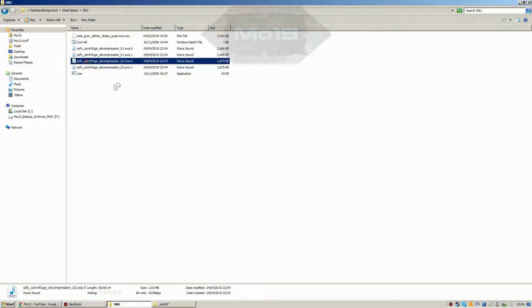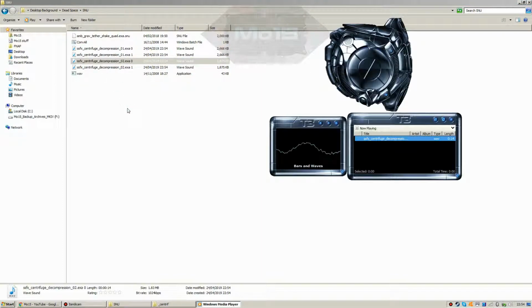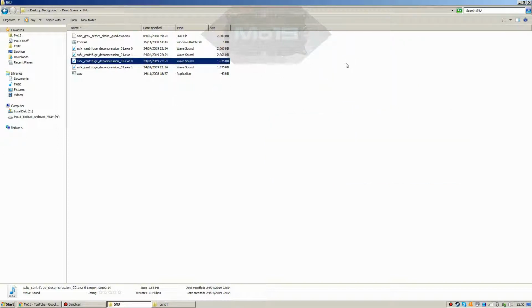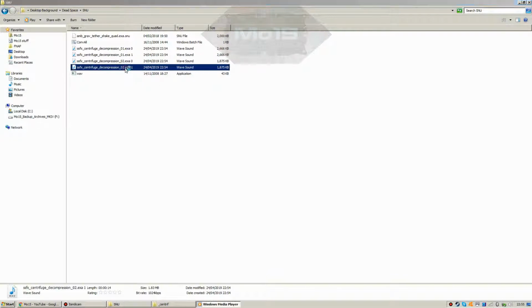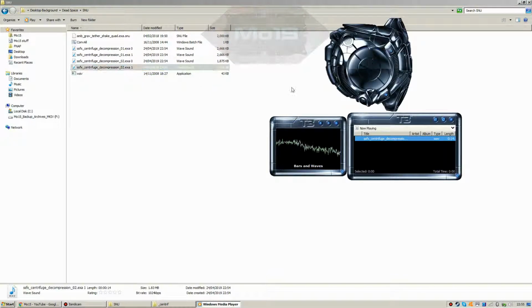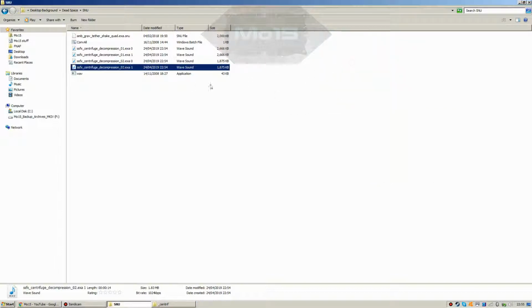Okay, let's try the second one. As you can tell, they're both different sounds, and wait, what is this one like? Yeah, so as you can tell, they're different sound effects, and they'll all be mashed together when the game is